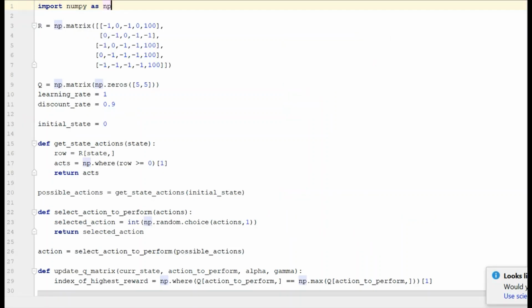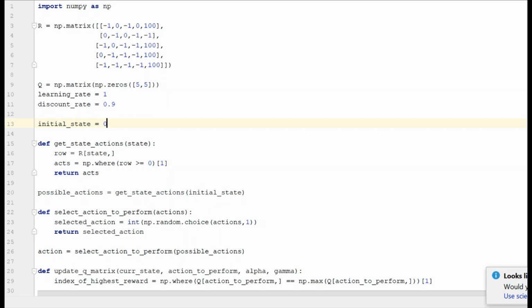So here, as you can see, first I import NumPy library, and define my reward matrix. So it looks like this. Then I initialize my Q matrix with all 0 values. My learning rate is 1 and discount rate is 0.9. My initial state is 0.